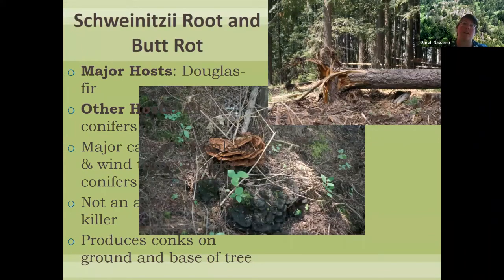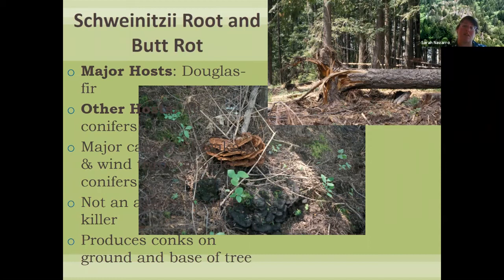Schweinitzii root and butt rot is one where the major hosts are Douglas fir. I don't know why my photos got all messed up; we'll try to fix that. It can affect other conifers, but really Douglas fir is our main host, and it mainly causes windthrow and causes